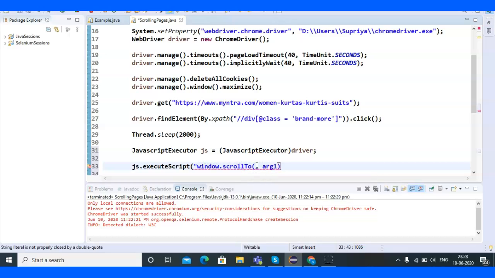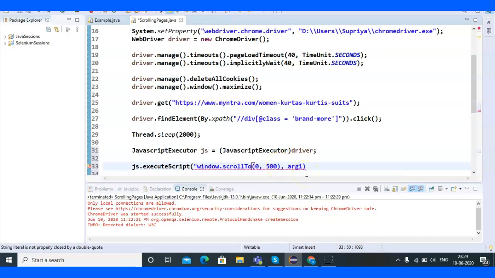I just close this method here, and inside that I have to put two values. First one is for horizontal scroll, so we are not doing horizontal scroll here, so I'll put 0 here, comma, and then the second coordinate is for vertical scroll. So let's put 500 here,